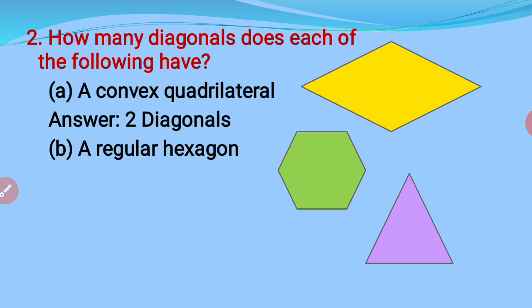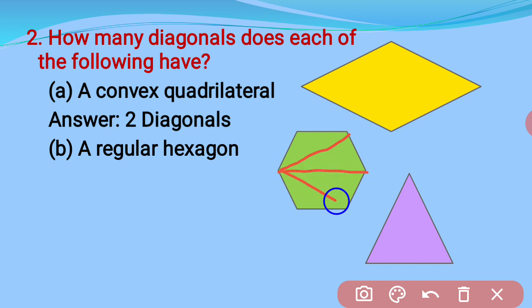Next, a regular hexagon. So, in a regular hexagon, this is how we continue drawing the diagonals. Diagonals are the lines which join non-adjacent vertices. So, from the first vertex, we have 3 diagonals. From the second vertex, I have 3 more. From the third vertex, one is already drawn, so 2 more. So we are adding them up slowly.